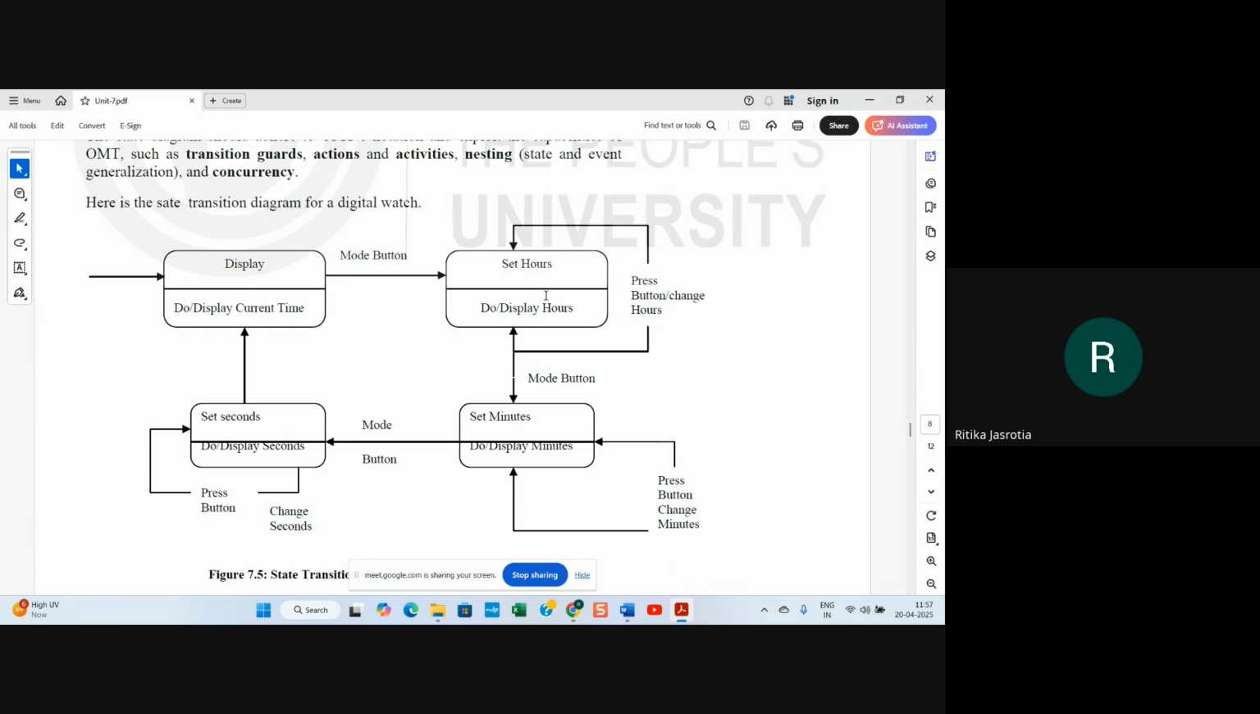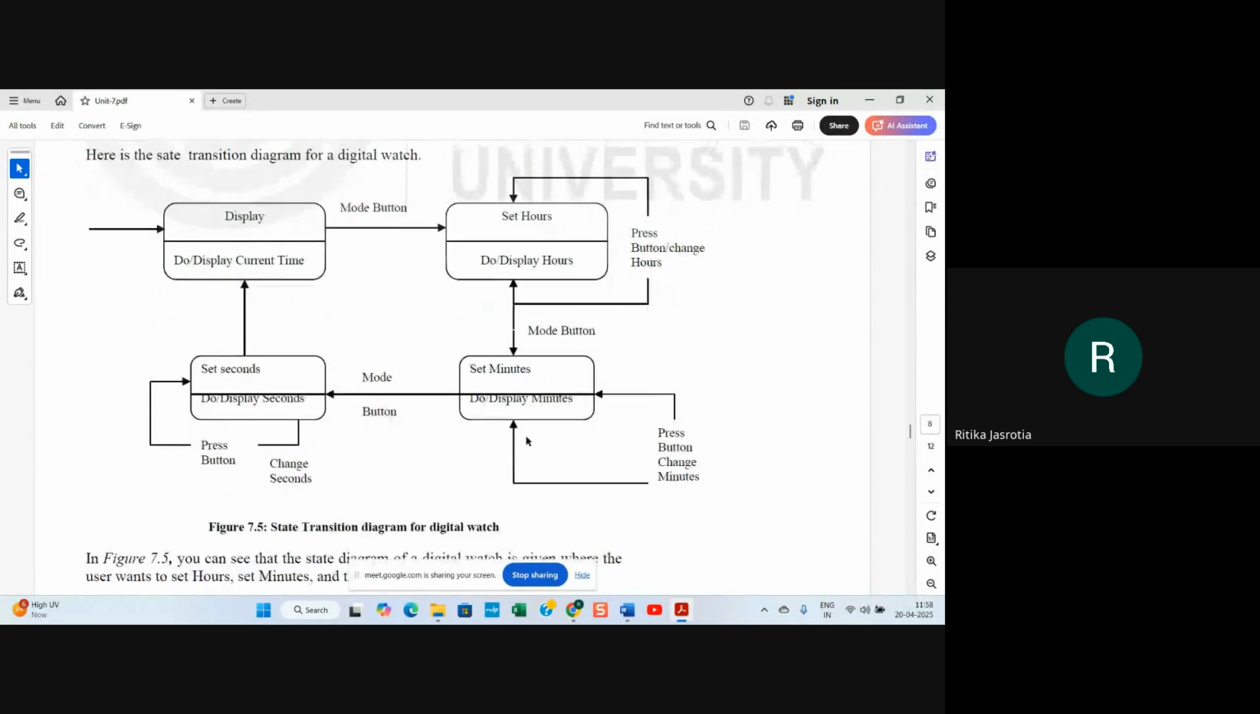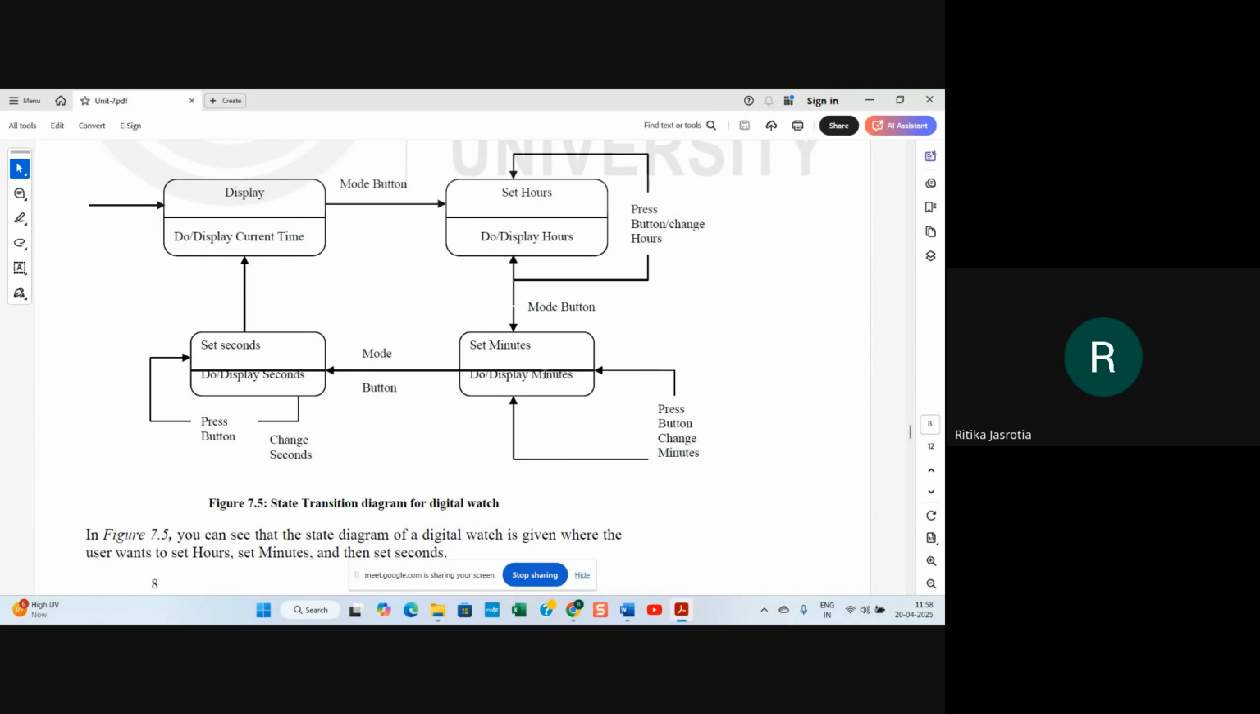It will go in this state only. If you want to change the hours, you will go to this state only after pressing the button. And if you press the mode button again, you go to set minutes, and it will display the minutes. If you press the change minute button, it will change the minutes, and the minutes are set